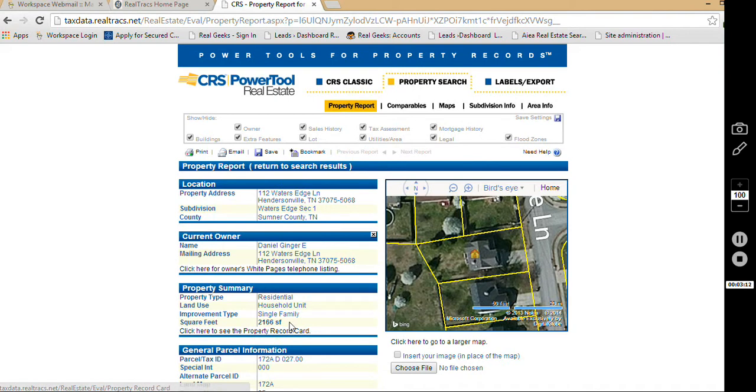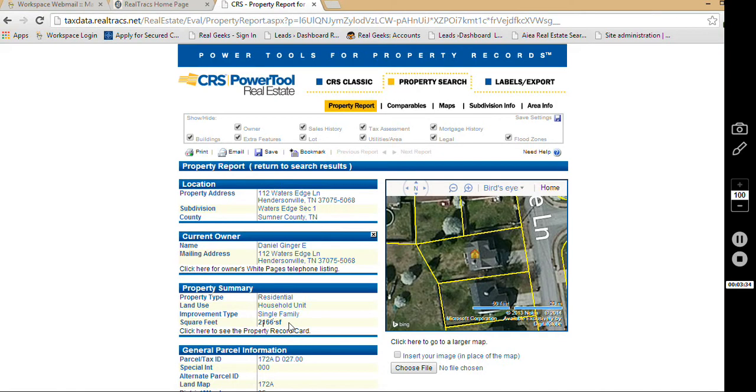From here, when you're doing market research, you want to make sure that the square footage is accurate. And for this one, you can see the tax record, which is the most reliable source that we have, other than if the seller adds additions to the property and lets us know, is the tax record sheet. So this says square footage is